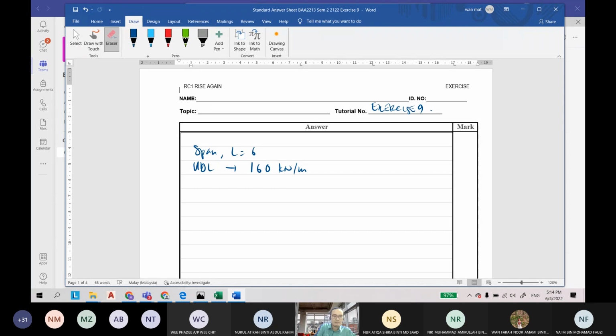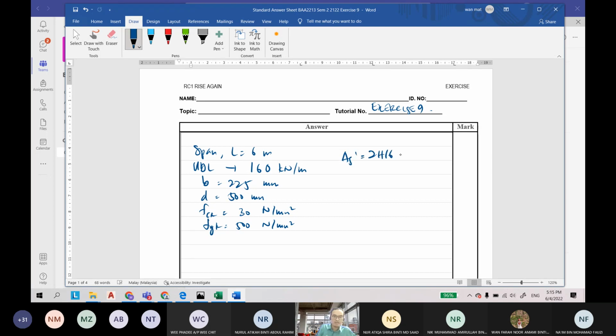I increase the value of the ultimate load, and the rest will still be similar. B is still 225 mm, D is still 500 mm, FCK is still 30 Newton per millimeter square, FYK is still 500 Newton per millimeter square, and AS prime is equal to 2H16